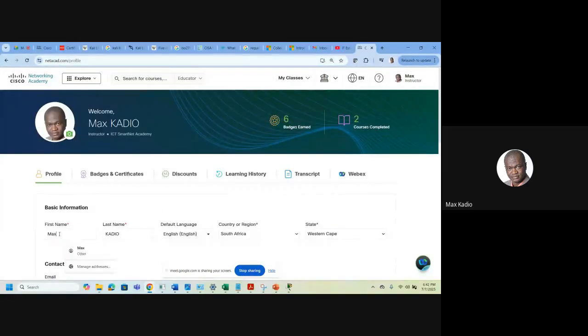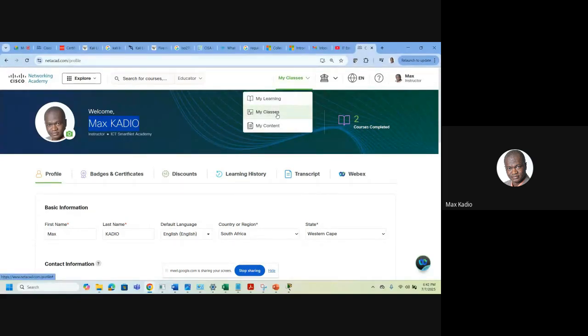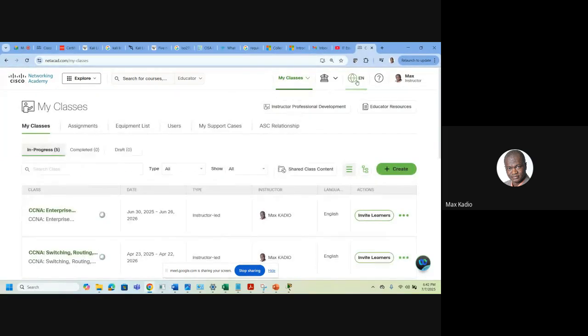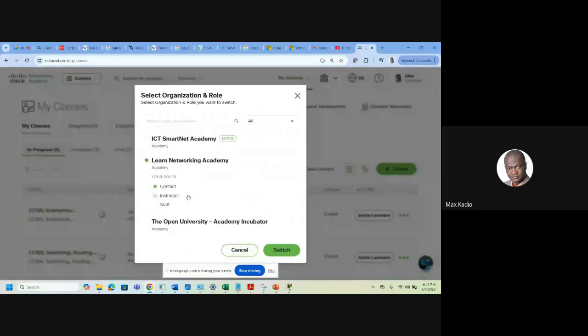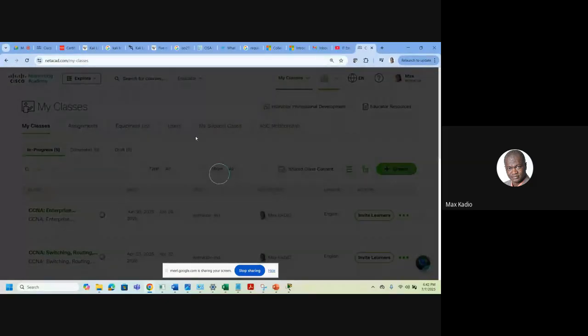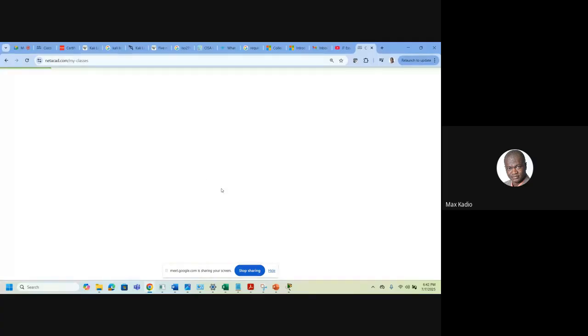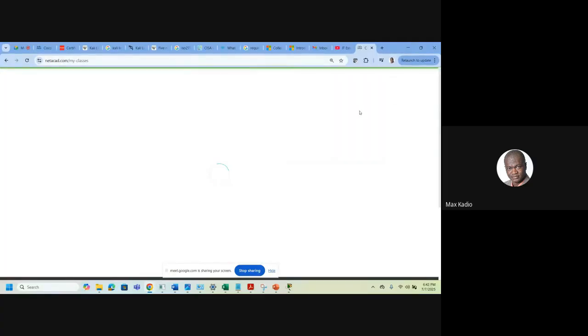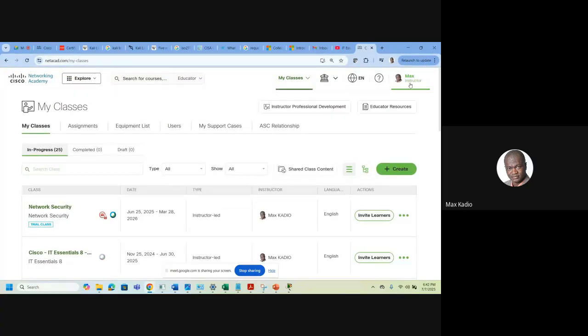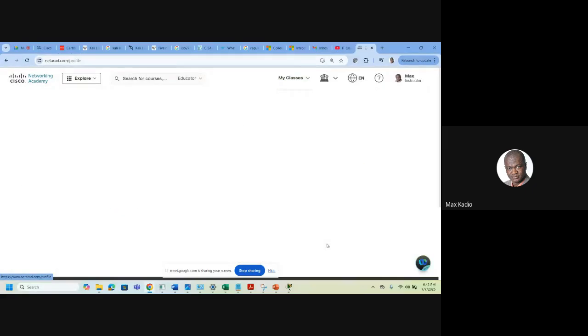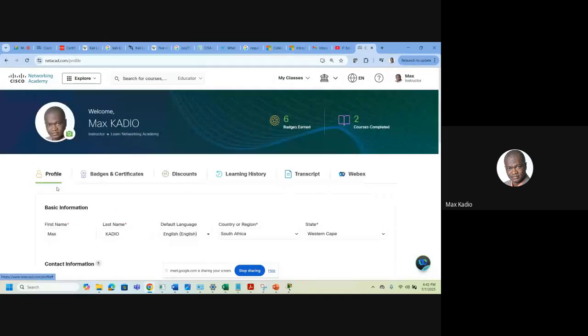Make sure your first name is correct, your last name is correct, because the same way it will appear here. It will appear the same way. User profile, and yeah.